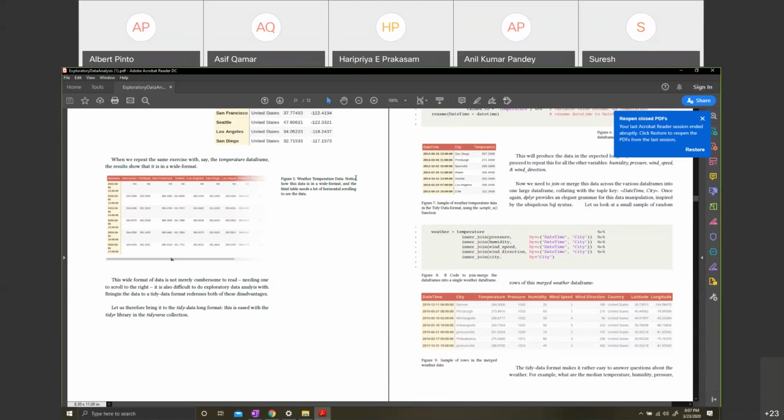And with the context of San Francisco, the same example, if I want to know the temperature in San Francisco on a given day, I won't get it in one row. The row contains the temperature of all other cities also. Right? So it is a concept that takes some time to grasp, guys. Wide versus long.